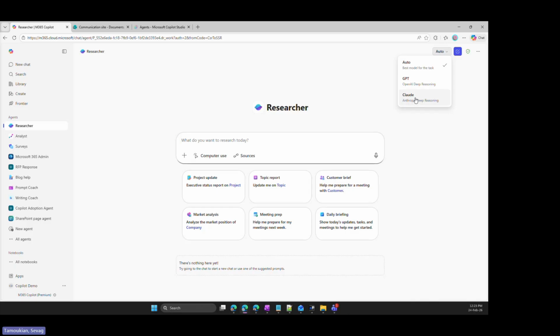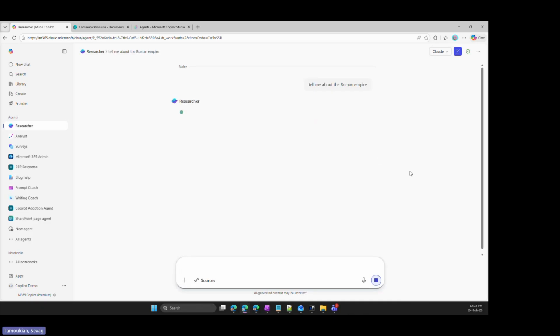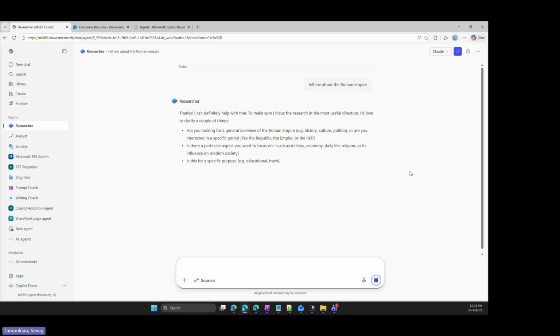if I want a 10-page research, for example, and don't quote me on the numbers, these numbers are just for the example, I might leave it to Copilot to decide which model to use, or I can go and say use GPT or Claude. Let's go for Claude and then ask it the same thing. Now you'll see a difference in behavior, and I'm hoping that we will see a difference. There will be a difference, obviously, but most of the time it will come and ask you more questions for Copilot to build the context.